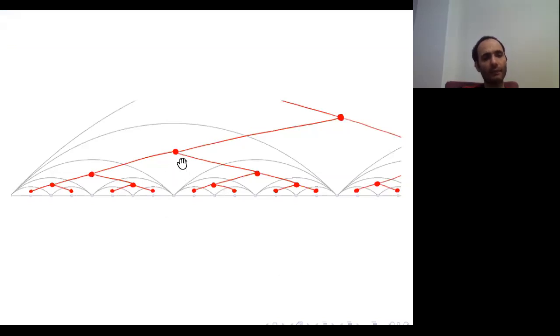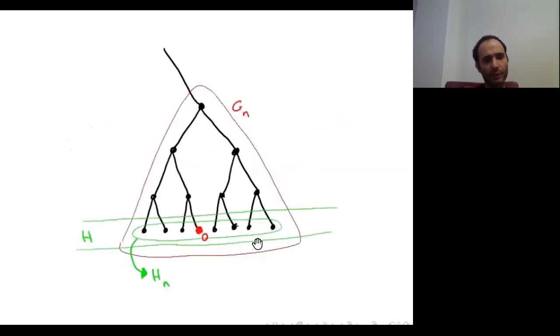Note that the triangles have a tree structure. Each triangle has two children and one parent. Since the triangles are in bijection with vertices, this defines the tree structure of the vertices as well. Here's a portion of the graph, the tree structure. First condition on the event that the root is in the last layer, and define Gn as shown in the picture: go n steps upwards and consider all of the points below that point.